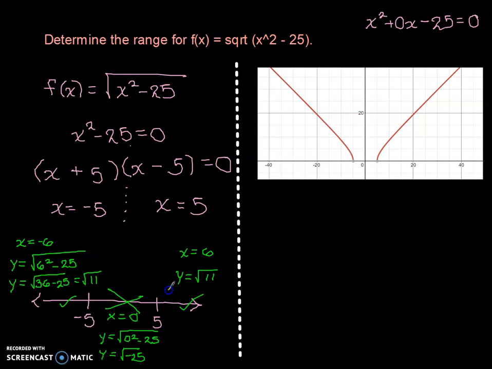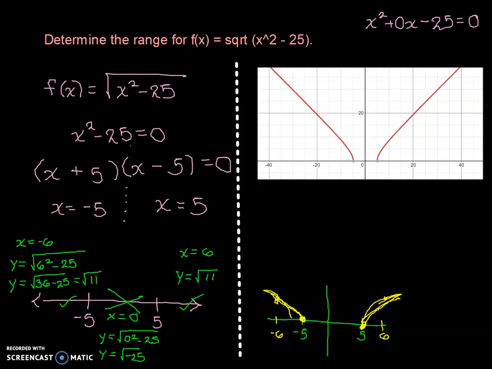So kind of correlating what I have for the x values, I know I can't use anything between -5 and 5 for the x, so I can't use anything from here to here. I know that when x is -5 and 5, y would be 0. And when x is -6 and 6, it would be the square root of 11, so somewhere over here, which kind of shows me the graph,